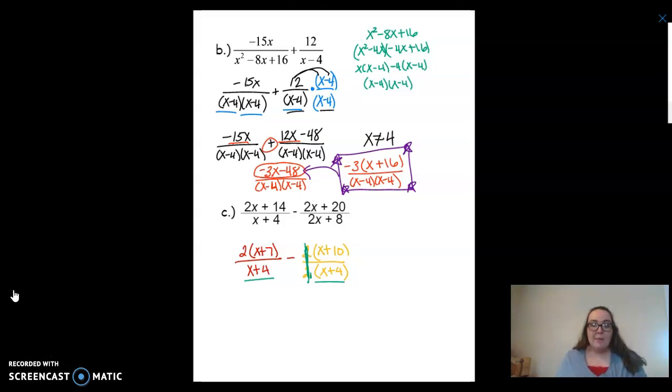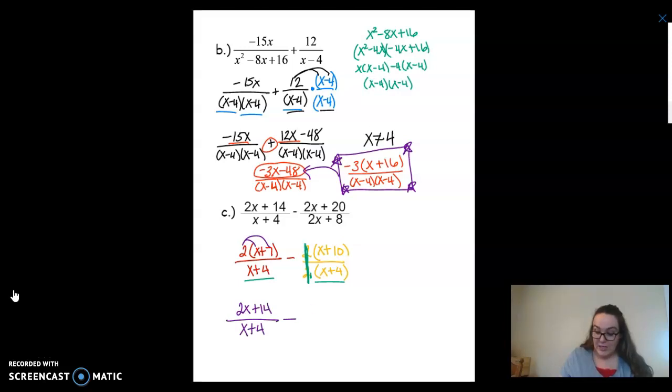Okay, now you're going to get mad at me because I made you factor the numerator out on the left, but once I get rid of those 2's because they are alike, I want to actually redistribute over here on the left, okay? So I'm redistributing right here because I need to be able to combine like terms, okay? I know it seemed really silly that I made you multiply them just to unmultiply them, or factor them just to unfactor them, okay? So now I had 2x plus 14 over here, and I have the x plus 4,